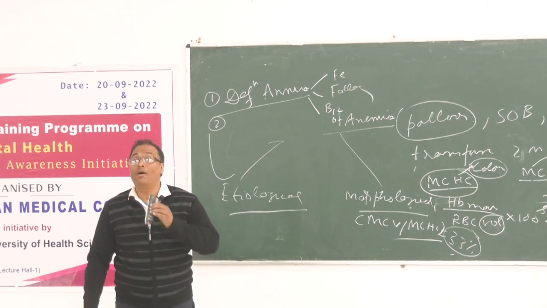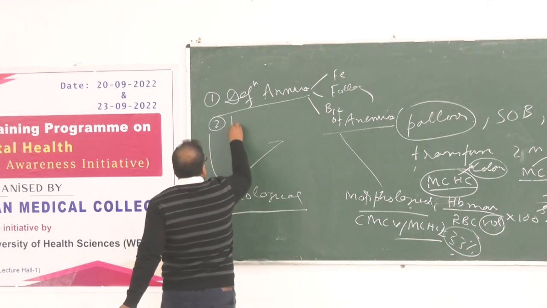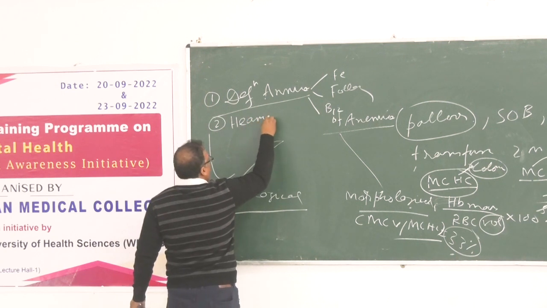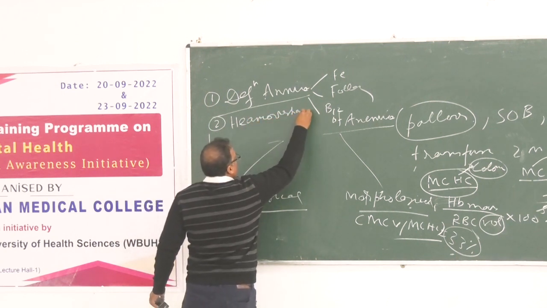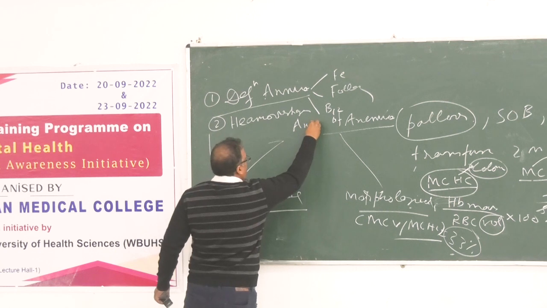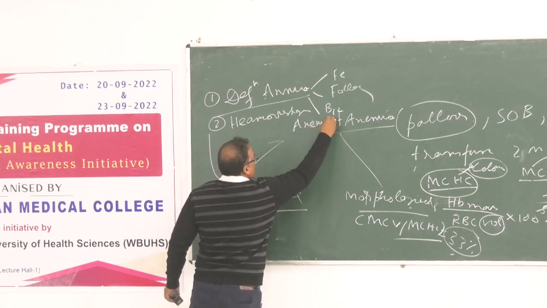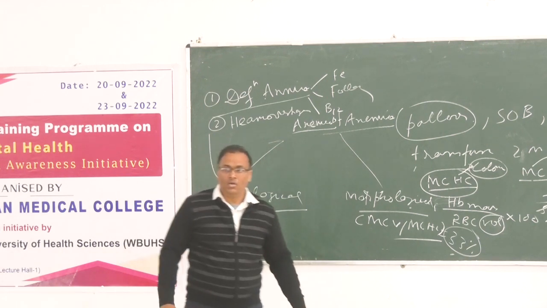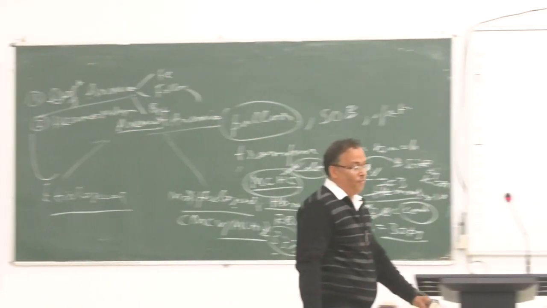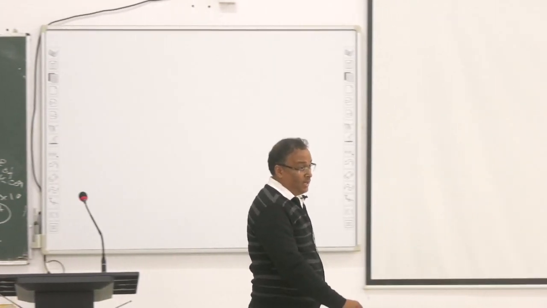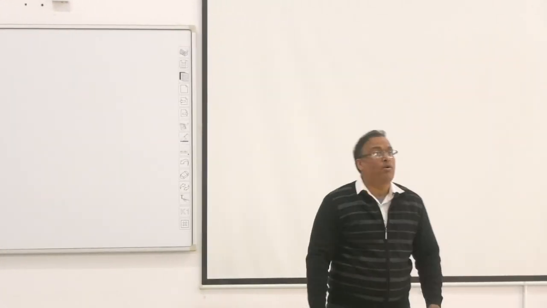That means hemorrhagic anemia. Hemorrhage means blood is coming out, hemorrhagic anemia. Anemia. Okay? Hemorrhagic anemia. What can the conditions be? Now you are going to be a clinician. Suppose a patient comes with acute blood loss.